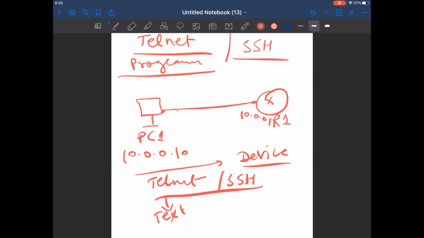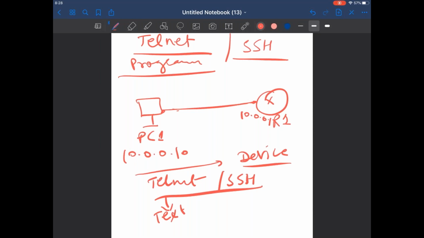One minute. I think sometimes there is a problem in switching the screens.